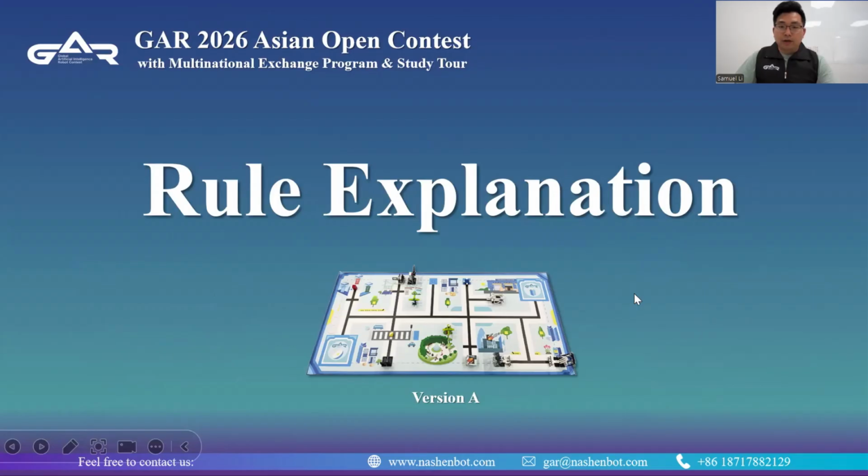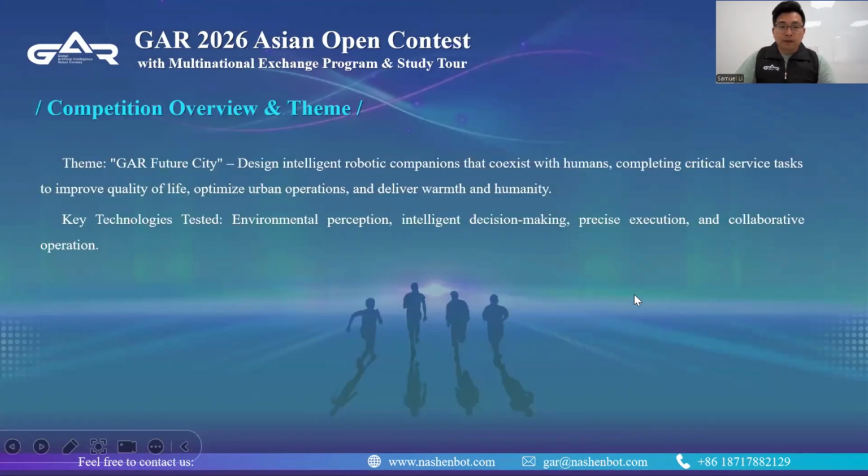This is a map of Version A. First, let me generally introduce the competition overview and theme. The theme of this year's GR contest is GR Future City.